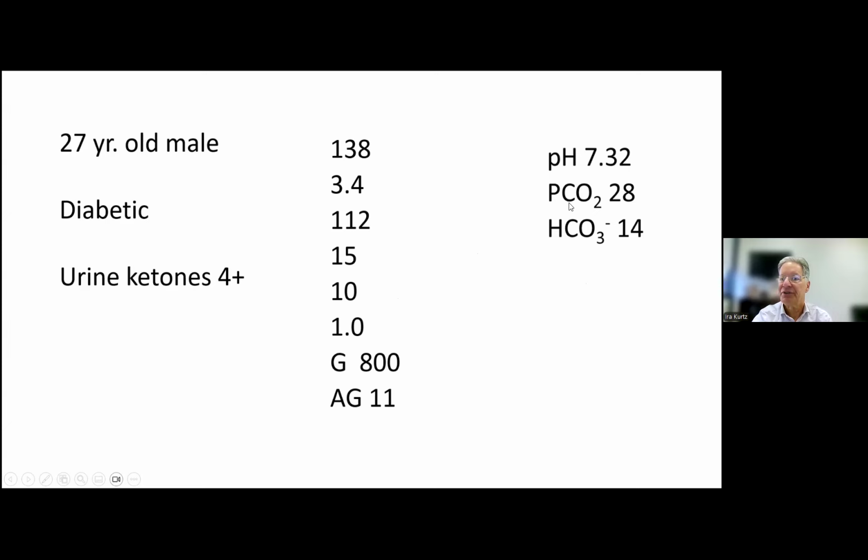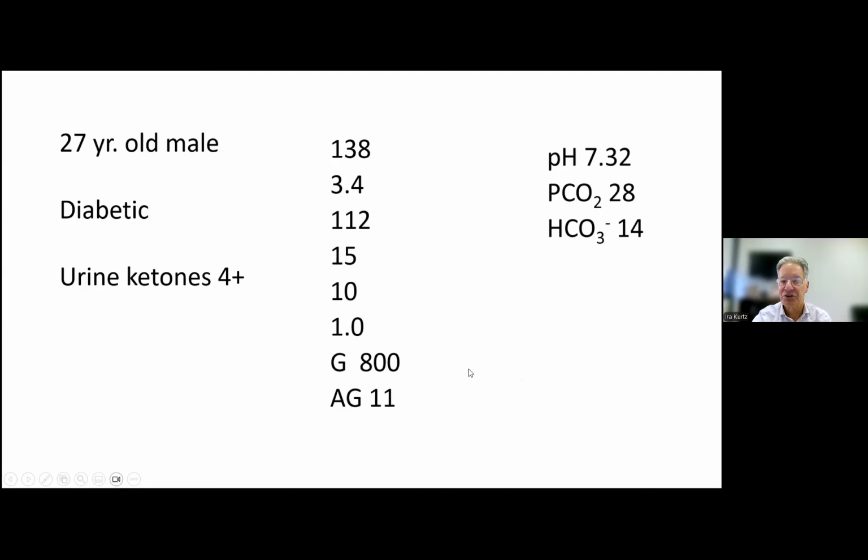So now we look at the change in the bicarbonate versus the change in the PCO2. And we have to assume what the normal levels are. We don't know for sure, so we use population means. We assume this should have been around 40 and this should have been around 24. And so this fell by about 12 and this fell by about 10. So of the 3 acid-base disorders, the only one that you get those delta changes in is in a compensated